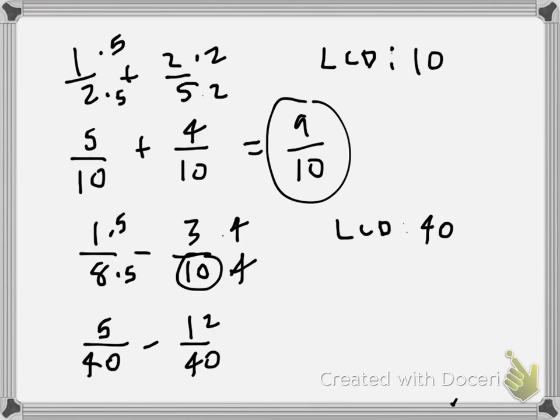Okay, and so now I've made this into a problem that's just like the problems that we did in Module 3, right? We've got the like fractions now, so I can change this to adding the opposite, and I can do my math. So 5 plus negative 12 on the top, my signs are different. I'm going to subtract, so 12 minus 5 is 7, and then take the sign of the larger number. So since 12 is my larger number and it's negative, negative 7 up top, and then 40 comes on across